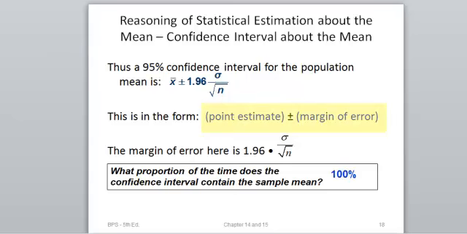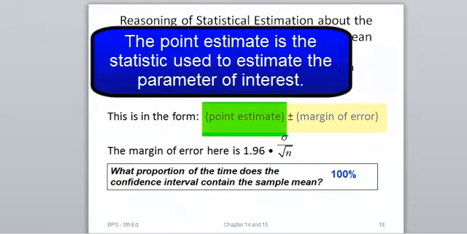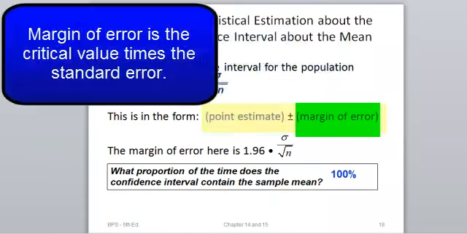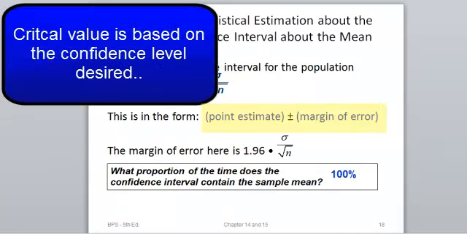And what we see here is a form of the point estimate. Our point estimate here is just our statistic, x bar, and the margin of error. The margin of error is always your critical value times the standard error. And the critical value is based on what confidence level you would like to have. So the margin of error here is 1.96 times sigma over the square root of n,